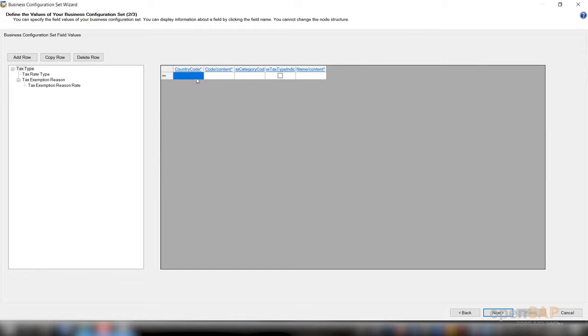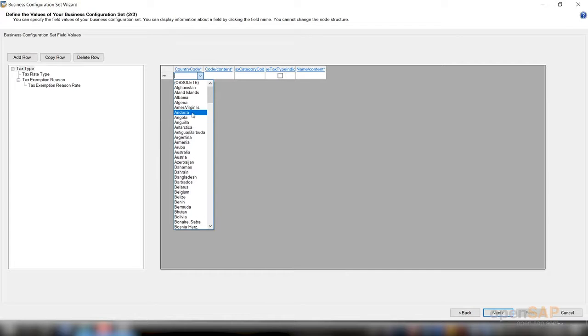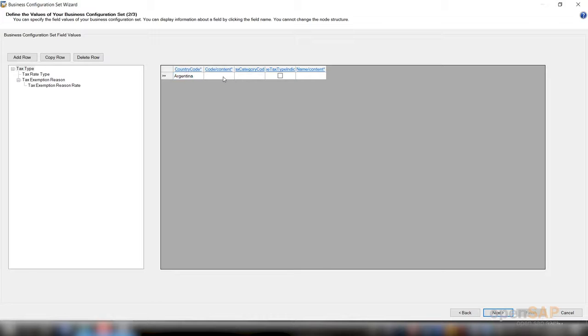For the first step, select the country code. I just need to select Argentina, and I can mention some code. It can be anything as you wish, and the category, whether it is a product tax or a withholding tax. In our scenario, I simply say VAT. The next is the tax rate type. In the next step, I can choose the country code Argentina, and the type code has already come because you defined it in the previous step, and the code here may be 101, and then I can simply set a standard and make the selection as standard.